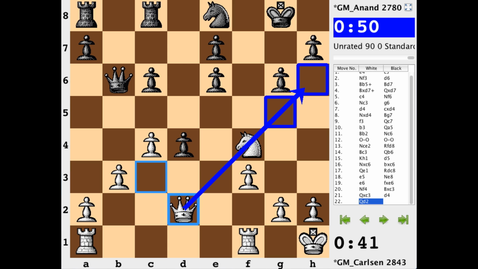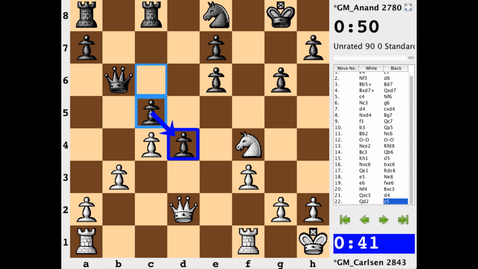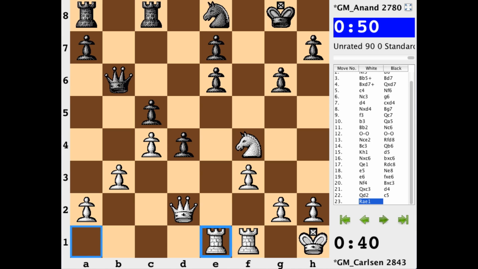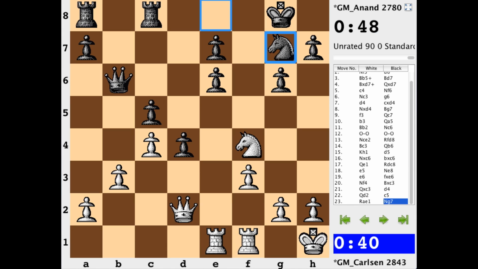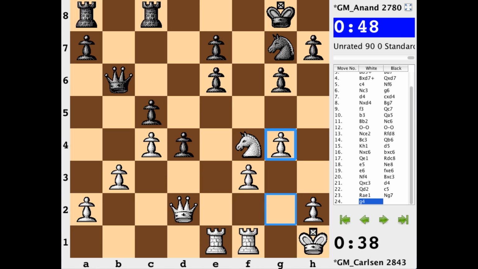First things first, after queen d2, Anand takes the time out to play c5, having now connected pass pawn and providing lateral support to e6. Rook a to e1, the pawn is hit for a second time, it's defended for a second time, and now g4. What is this doing? Primary reason, box out the knight. I guess more long-term, okay, there's a potential for a flight square.